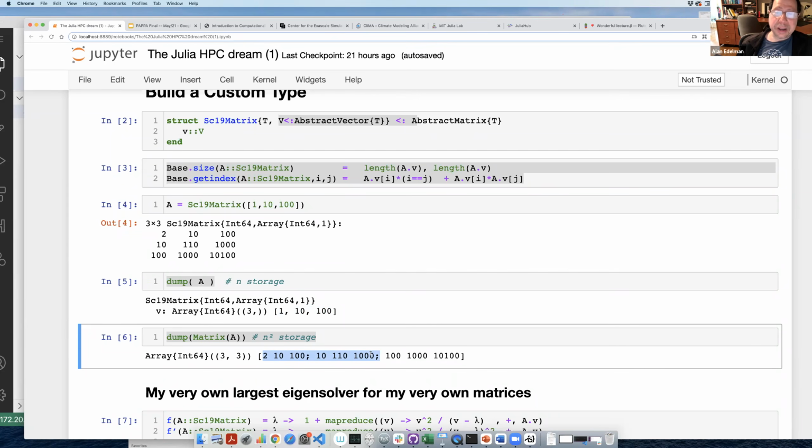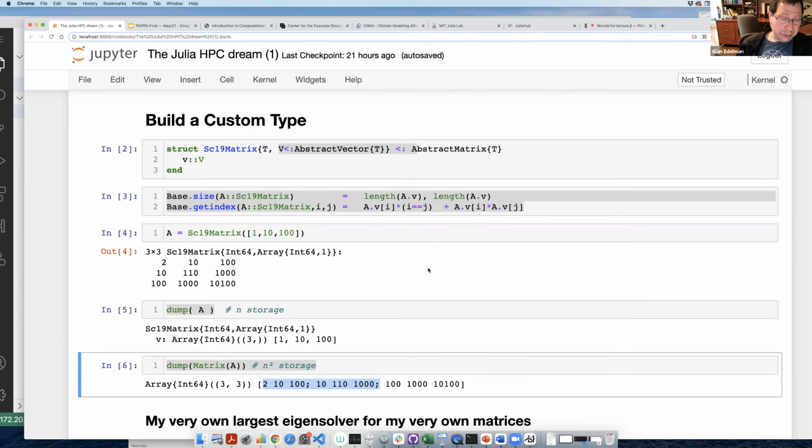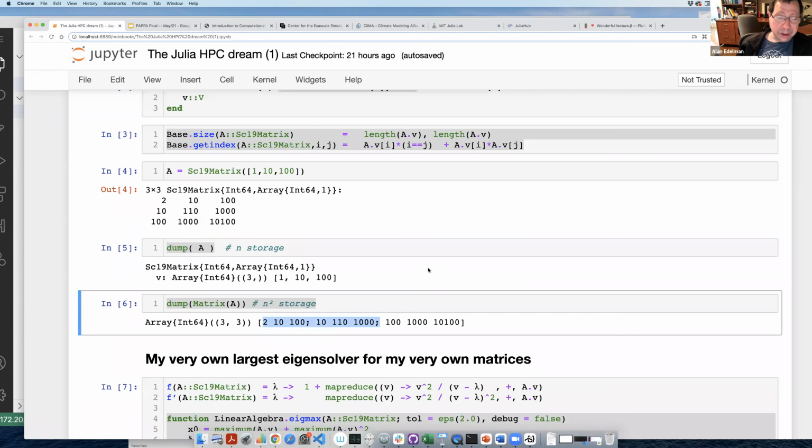When you think of an n by n array, you think of n squared numbers. But what underlies this is only n parameters to build it. There's a notion in computing: why store something with n squared storage when n will do? And you can see that Julia is treating it internally as n numbers, even though in your mind you might think of it as n squared numbers.